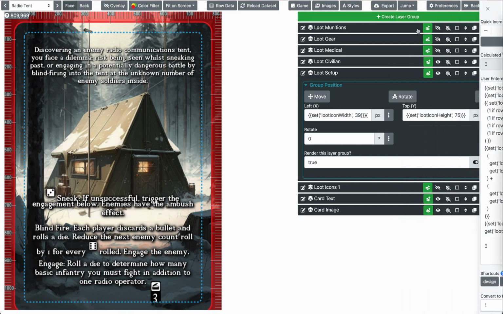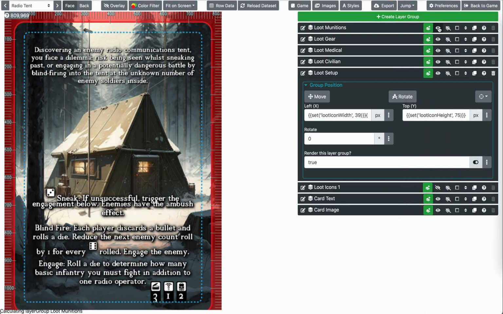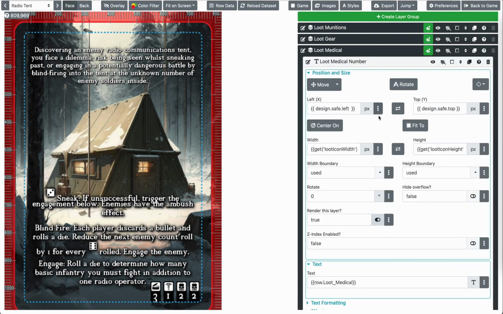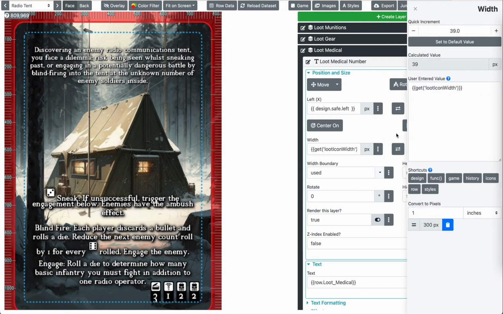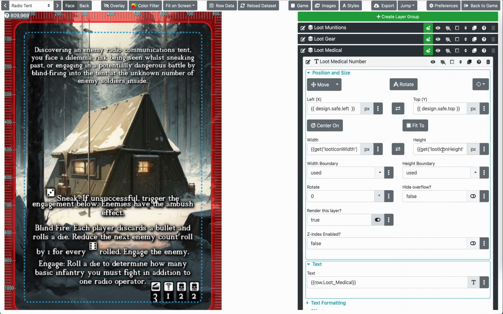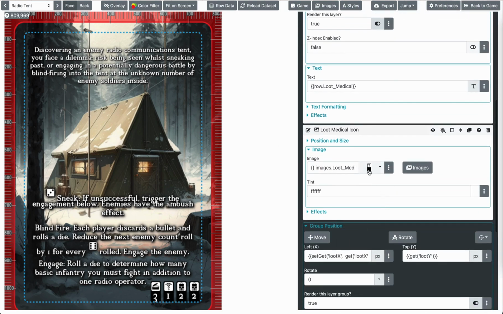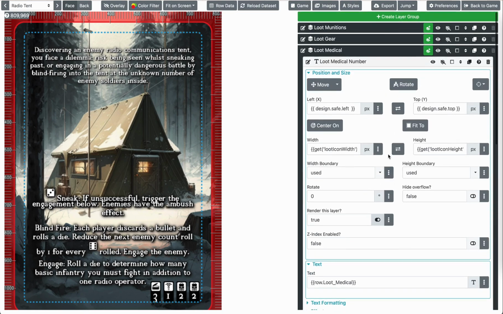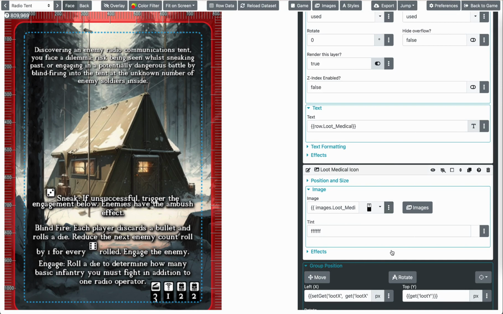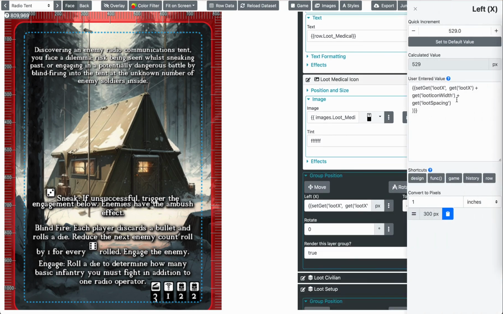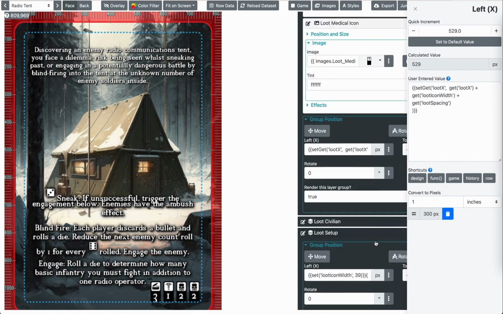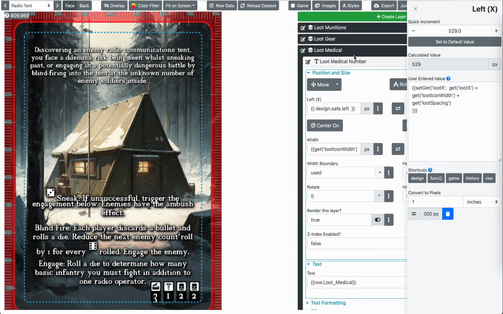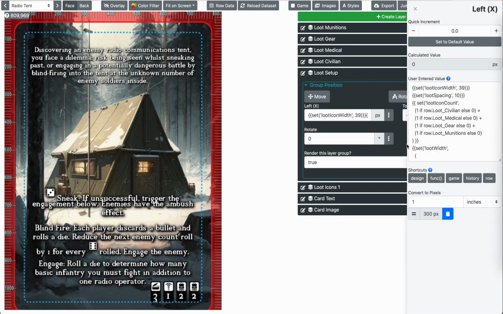So then I went through and set up all of your icons, a layer for each icon, and each icon basically does one little specialty thing. It gets its width and height from the variables we set before, back down in here. So that's how it's automatically changing. If I change the width of these icons down here, and I say all of these, oops, I went in the wrong, what am I looking for here? Loot medical, I need to go down to loot setup. Here we go. So if I change all the icons to 139 pixels wide,